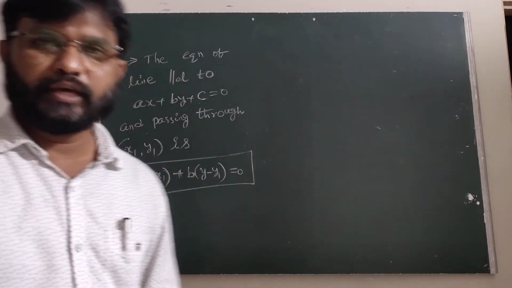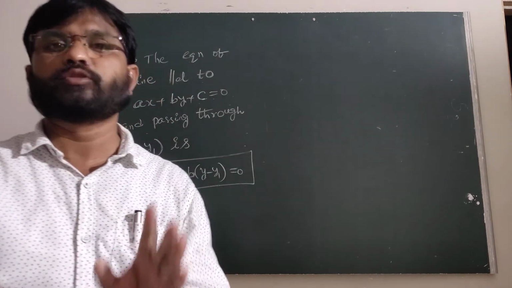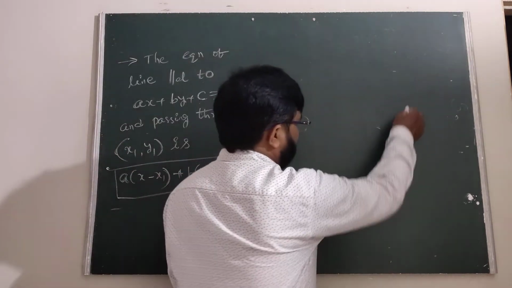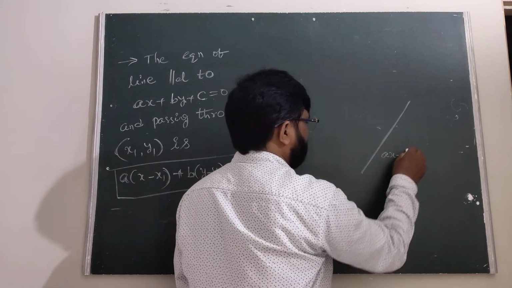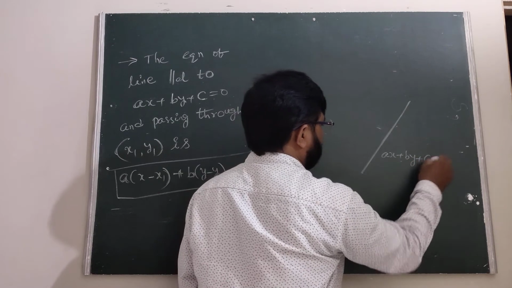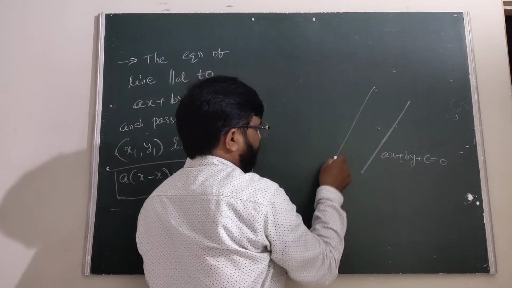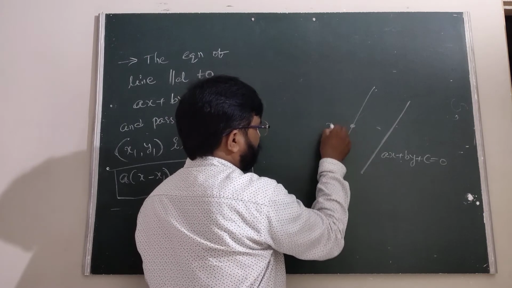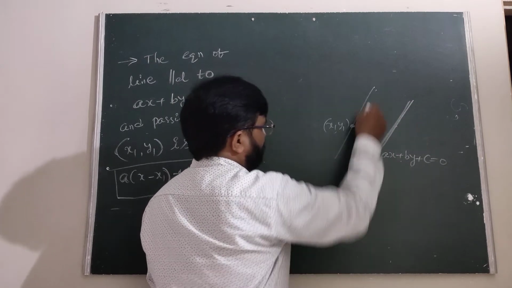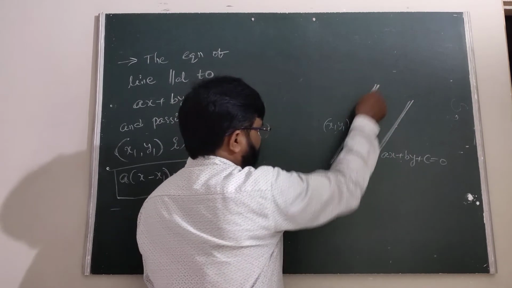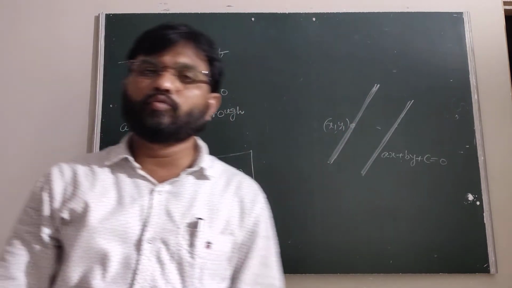Okay. So here, suppose we are taking the line ax plus by plus c equal to 0. Our required line is parallel to the given line and passing through the point x1 y1. Is it clear? This is the given line, but our required line is parallel to the given line and passing through x1 y1. We have to know that